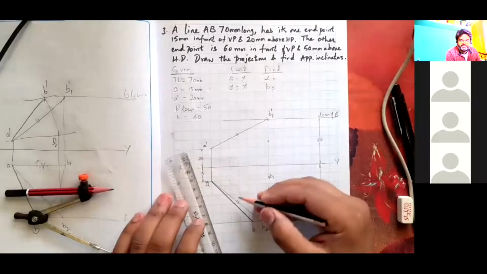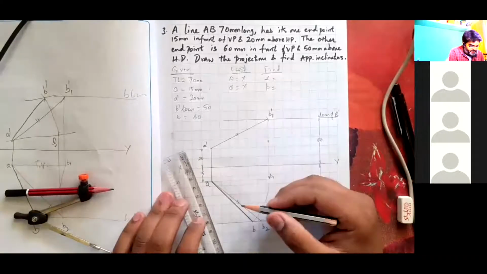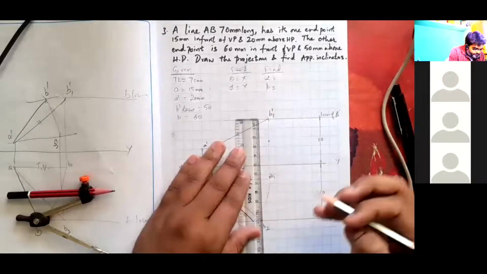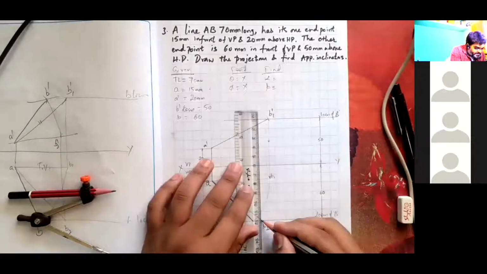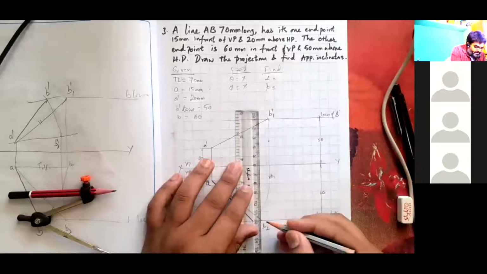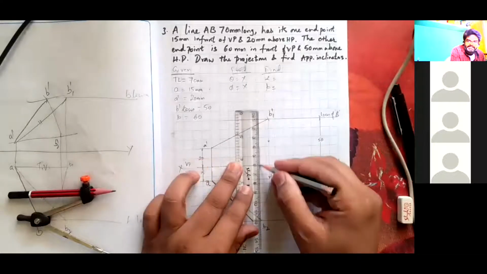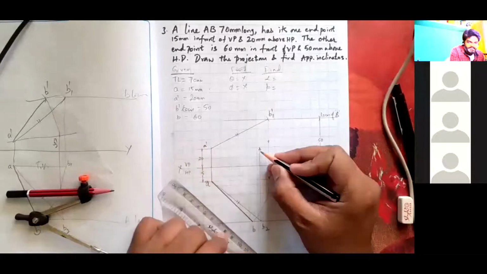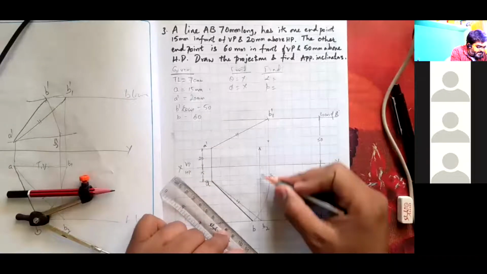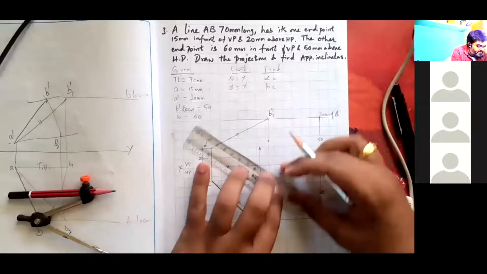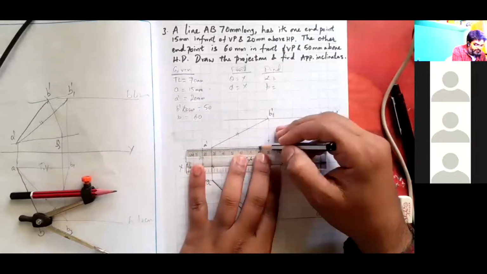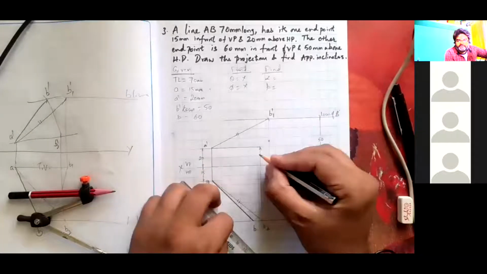This true length will now be projected on the vertical plane. Till where? Till the point of rotation A. So B2 should be projected till this 20 mm. I'm drawing an arrow mark to say that it ends here. B2 projection will end here. So this is my length of the front view. See, this is my length of the front view. A B2 dash is the front view length.